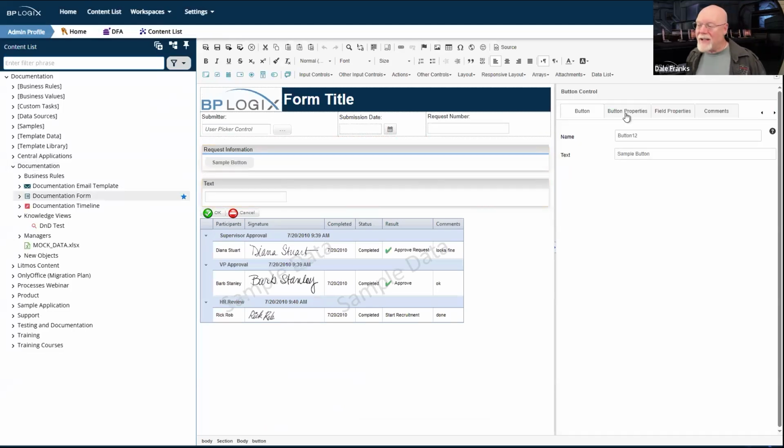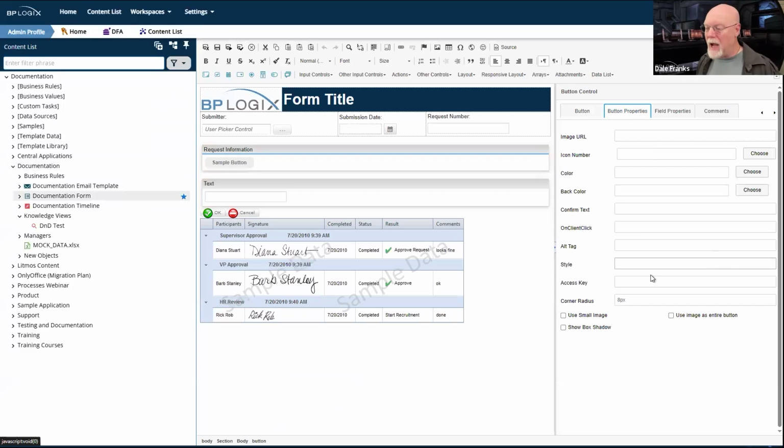So we have added some new properties to the button properties tab. First of all, there is now a style property, which will enable you to put any CSS style directive that you want in there to apply to a button. Second, there is a corner radius that will allow you to round off the corners here. Now, in this particular case, I have it set to 8px, but you can also set it to a rem